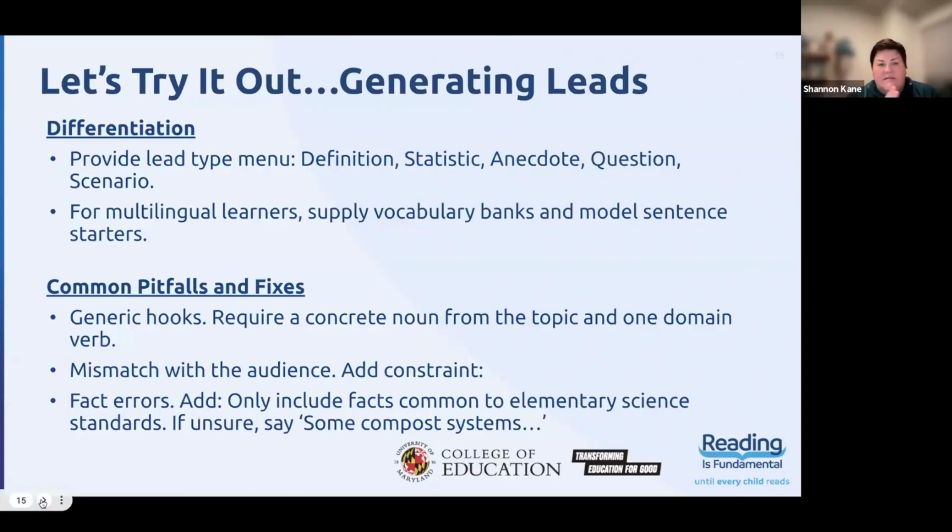And then it's going to produce them. And then your students will evaluate. Maybe they vote which one they like. You could have a rubric that maybe you use to evaluate leads of your students' writing, and then have your students use that rubric with what's produced by AI, right? Like, does it hook your interest? Does it fit your purpose? Does it set up the main idea, right?